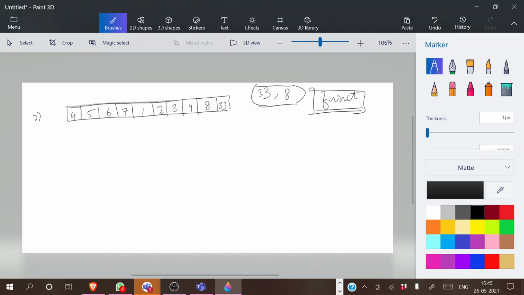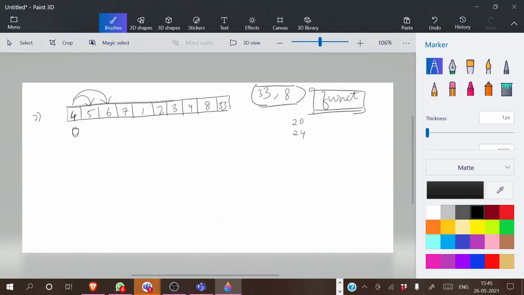For example, how will the system be able to compare one element with another? I will just show you now. If you're taking this first array, the element in the first index will compare with this element. So 4 into 5, it will keep it as 20. Then this will compare with the next element. So 6 4s are 24.